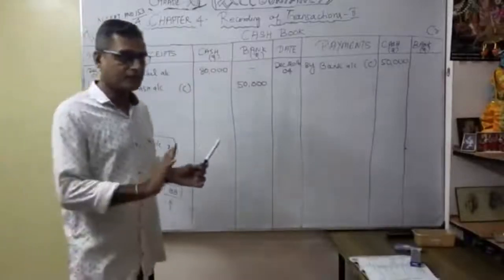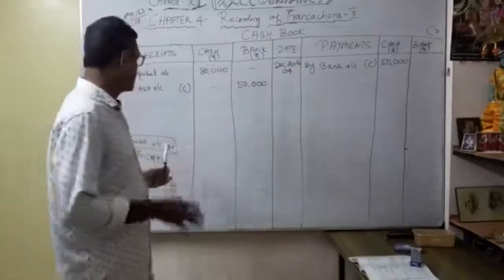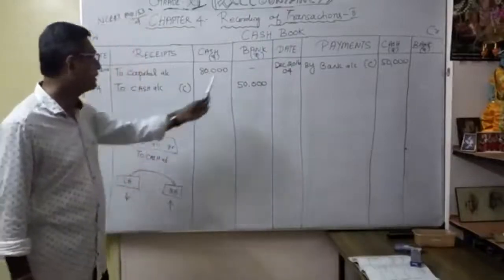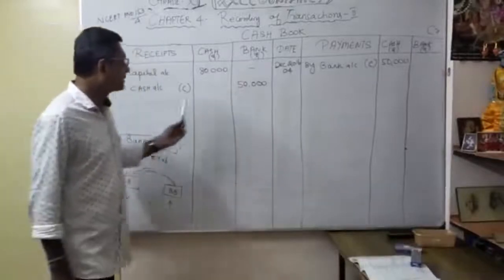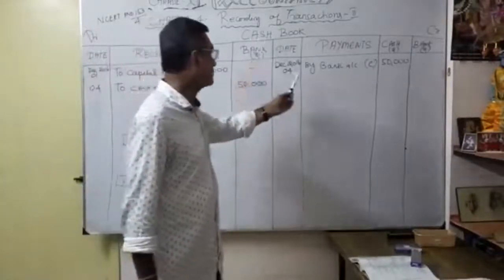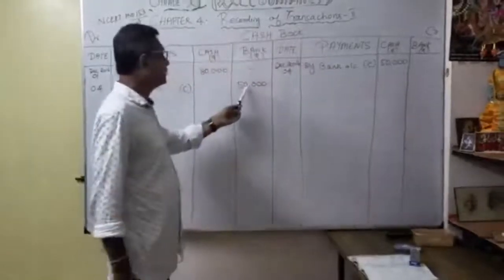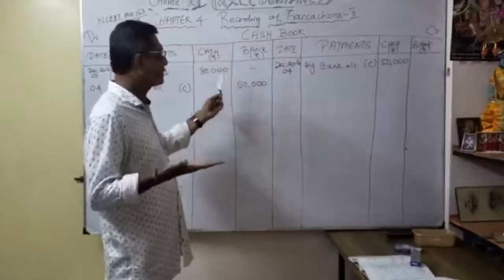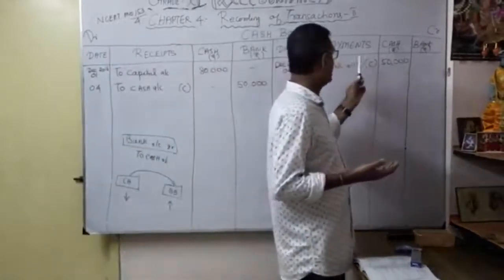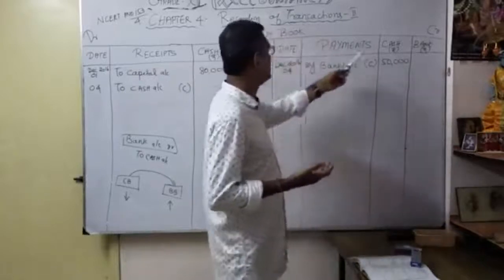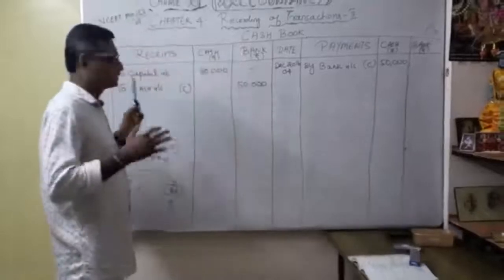So when you see this journal entry, you come to the conclusion that it is cash deposited into bank. How to pass the entry? Bank account debit to cash account 50,000. Similarly, in my cash account, by bank account 50,000. Understood? See here, in the bank column I entered 50,000. The bank balance increased. Receipt. Similarly, my payment, my cash column reduced. See the opposite effect. In a cash, you have to write bank. In a bank, I have to write cash. That is the opposite effect.